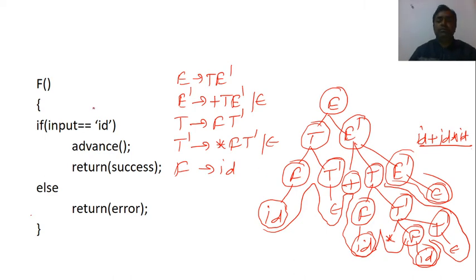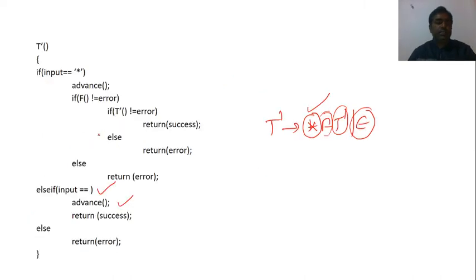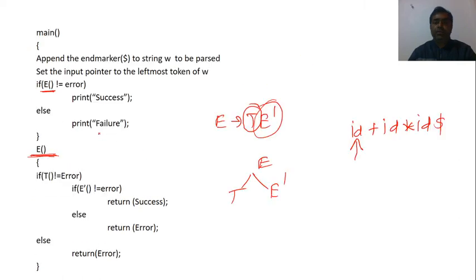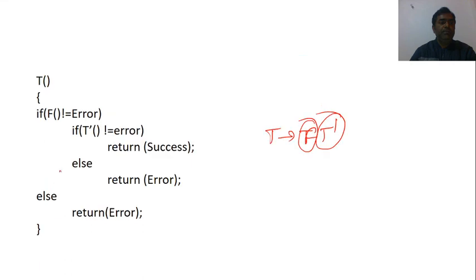Now you can see this also here. Our string was id plus id into id dollar. I am just giving a glimpse of how the procedures are called here. If E is not equal to error, that means I am calling E here. Just go to E. If T is not equal to error, that means I am calling T here. Just go to T, this one. If F is not equal to error, that means I am calling F here.